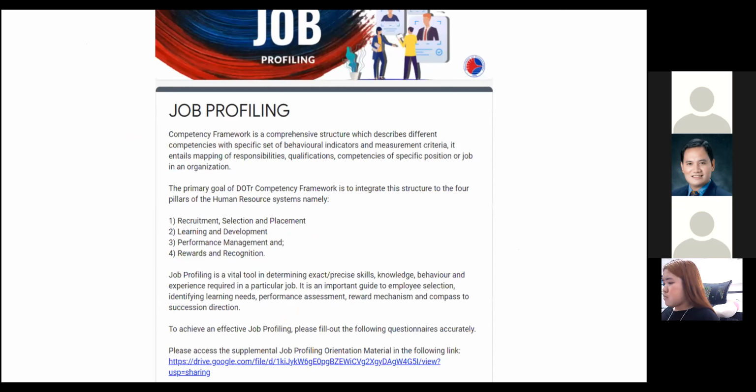Nasa dulo na po ako. Ito lang po yung mga actual na ginagawa namin sa DOTR. We started for competency-based HR management, we started with job profiling. And as you can see, this job profiling will be able to